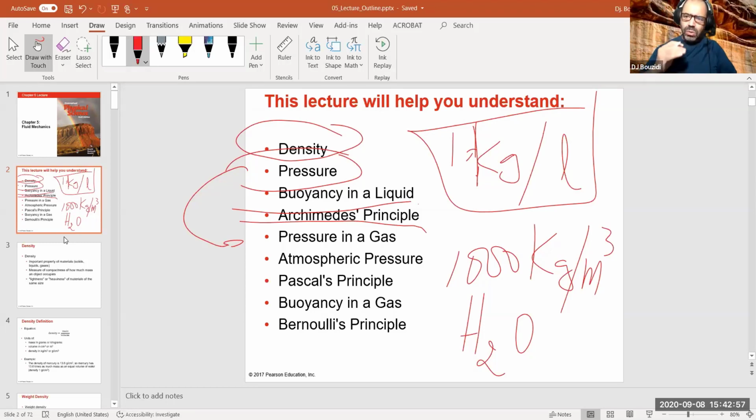Well, gases are also some sort of fluids. They have different properties. Gases occupy the entire volume that you give them, but the others don't. That's the only difference, a slight difference between them, but they exhibit the same properties. You will need the density for the air, and you will also need the pressure that the air exerts. So that's the other concept. Then we'll talk specifically about atmospheric pressure and how it's related to day-to-day experience, especially when it comes to climate and weather. So that's an important concept.